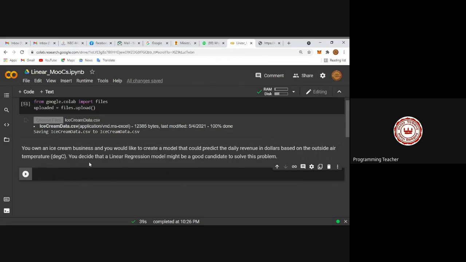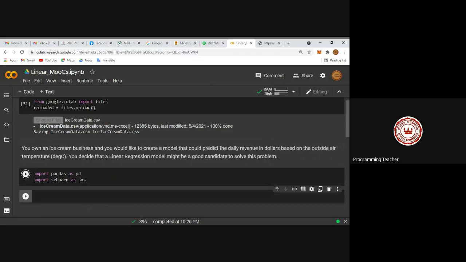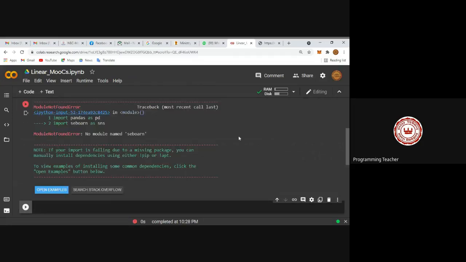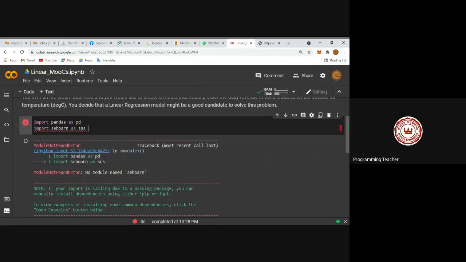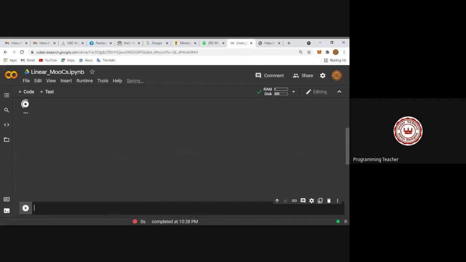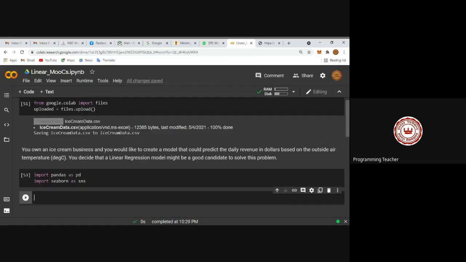So now I'm going to read the data, and you know that you need pandas to read the data. So I'm importing pandas, as well as I'm also importing Seaborn as SNS. Now I'm going to upload it and let's try to read the data first. So ice cream is my variable name, and I would like to copy the respective file name and place it here. So pd.read_csv, inside it going to place it. So what is inside the data?